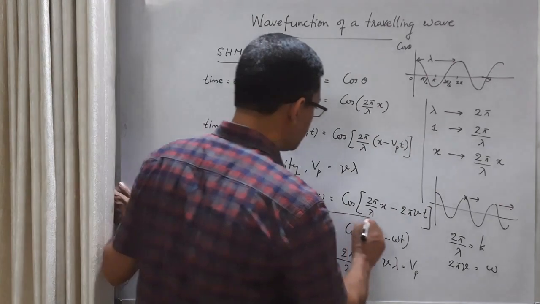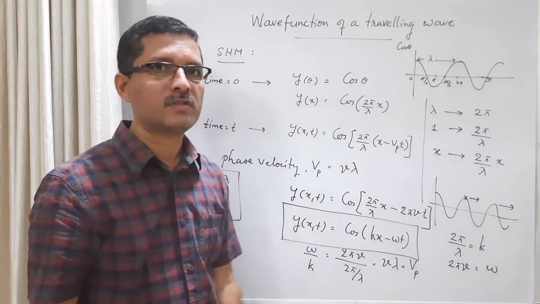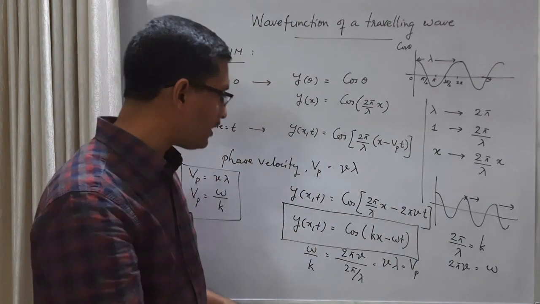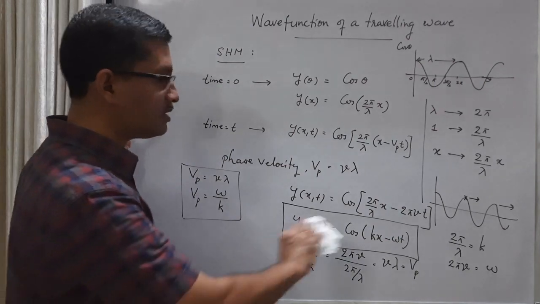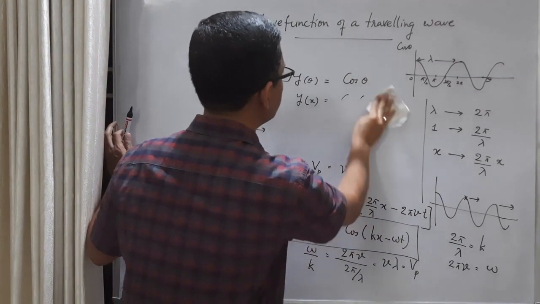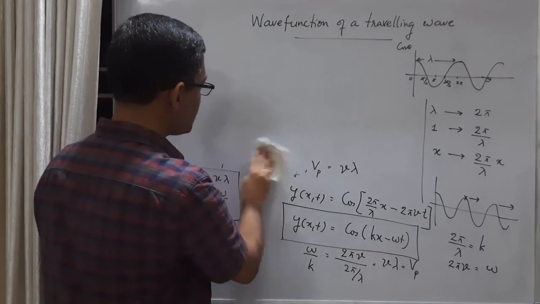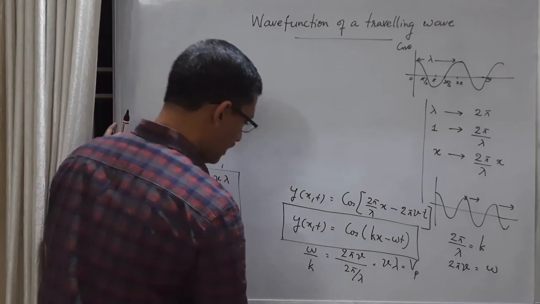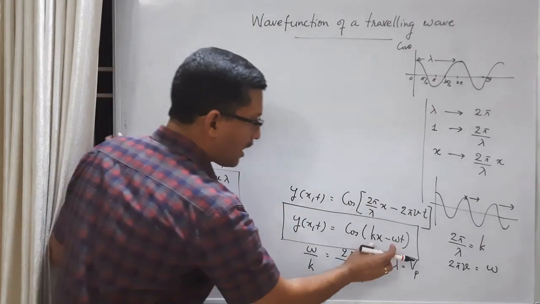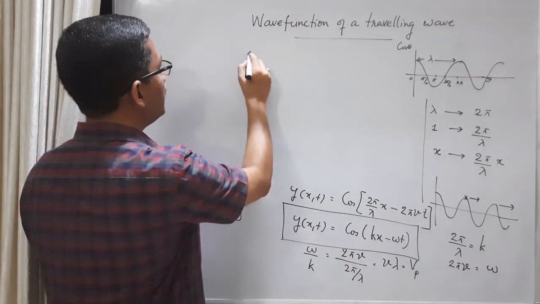We will be using this expression for a simple harmonic wave traveling along positive x direction, cos kx minus omega t. Now the fact that its direction of propagation is positive x direction, we can establish in another way also. Already we have established it using a physical argument. Let us consider another argument. In this expression, what is the phase of the wave? What is the angle? The angle theta we have expressed in terms of kx minus omega t.